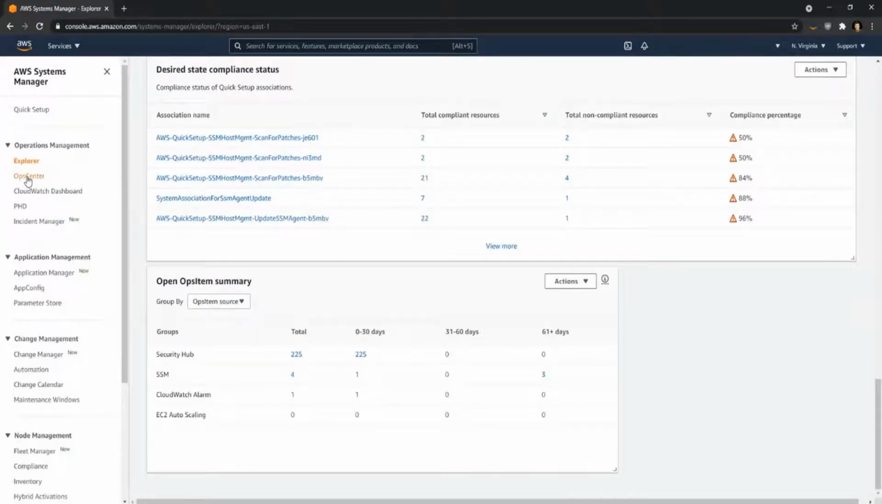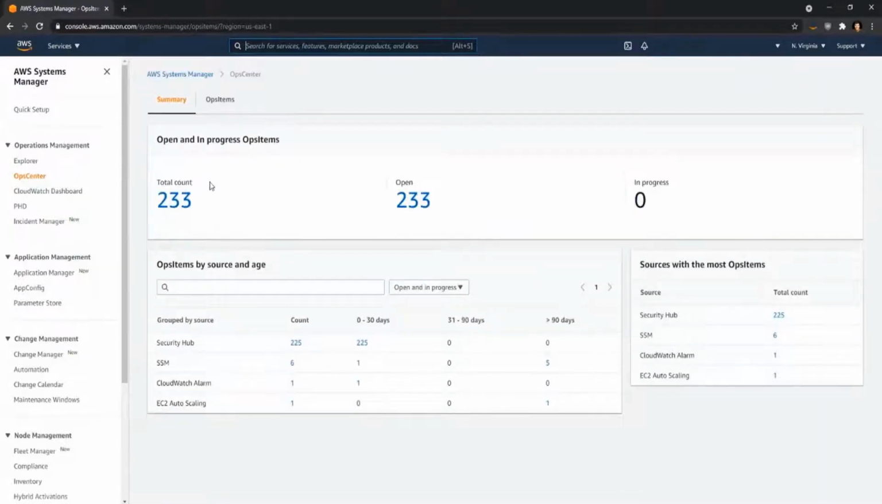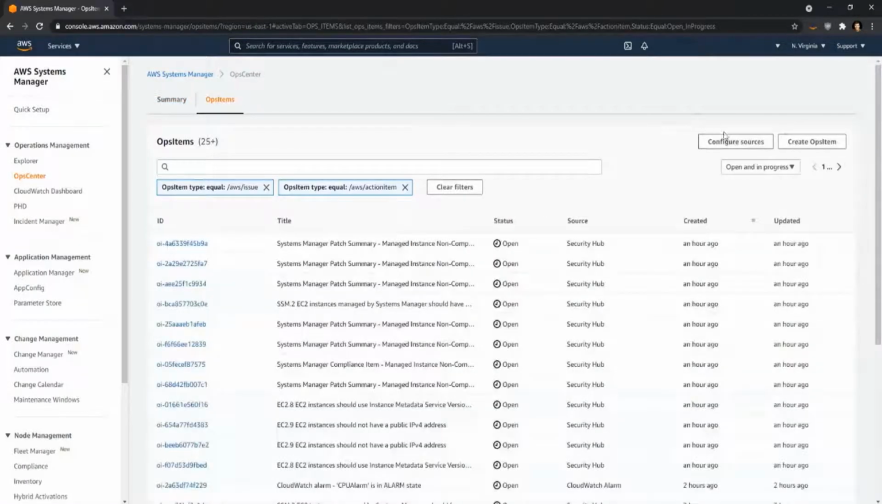So now we're going to focus a little bit more over in the OpsCenter capability. Within OpsCenter, we can see how many ops items we have created. In this case, if I go to my configuration sources,